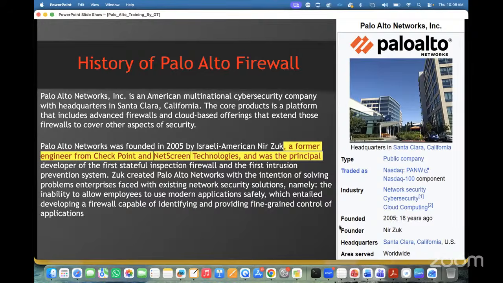Since 2005, it's been in the market, and across the world they have